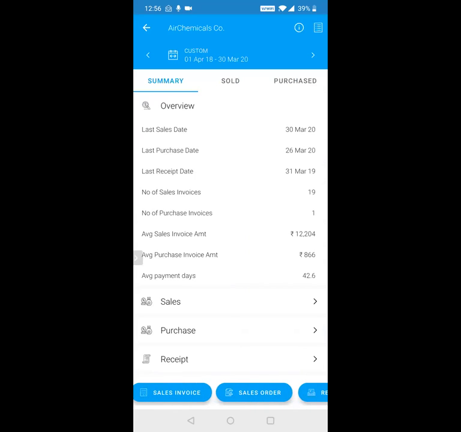Once that is done, he can also do all the data entry from here. If the customer has given an order, he can create a sales order or an invoice from here. If the customer has given a cheque, he can do a receipt entry from here. If he wants to send a quotation or whatever it is, all the entries can be done from here directly. I'll cover the data entry at the end.